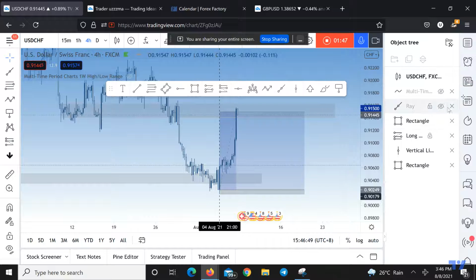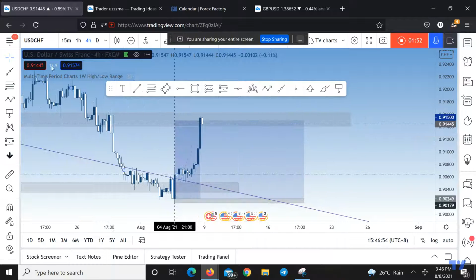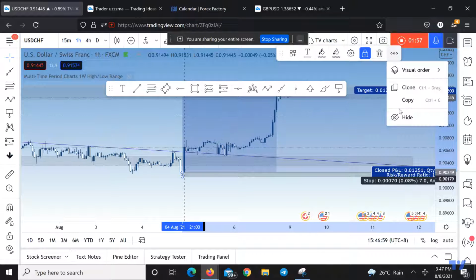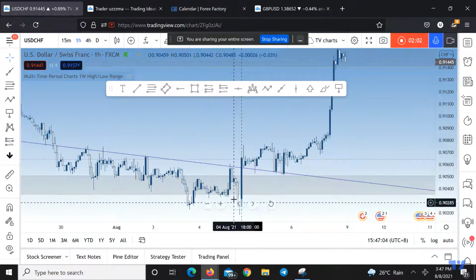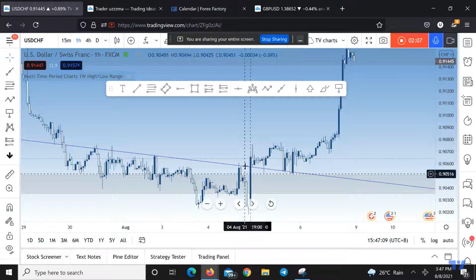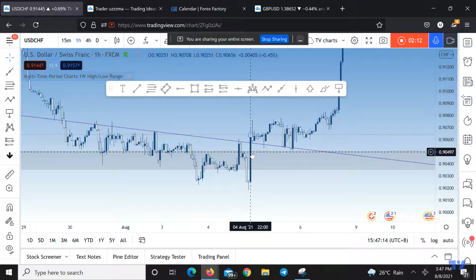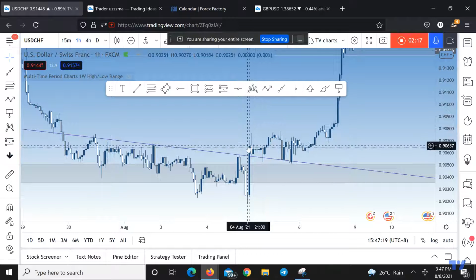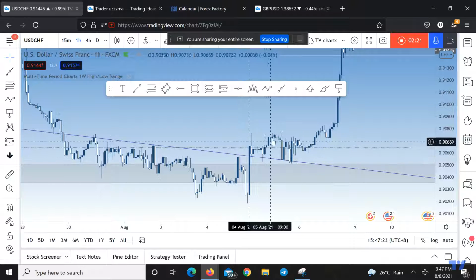So there's this trend line here. Okay, so during the news itself, I'm going to hide this. So during the news itself, when the hourly candle closed, it closed above. And what helps me recognize a fake out from a zone is when it immediately retraces back and closes inside the zone. However, this closed outside the zone,